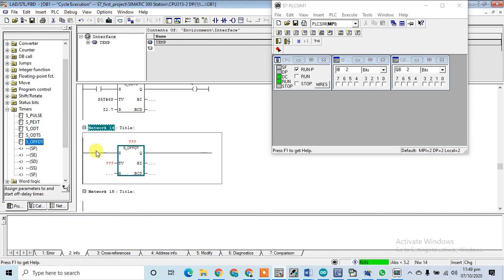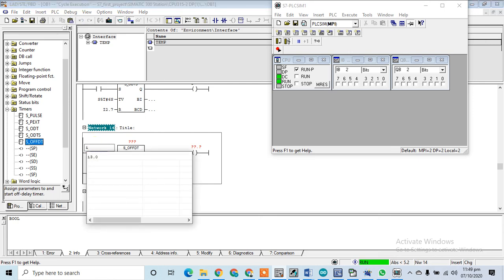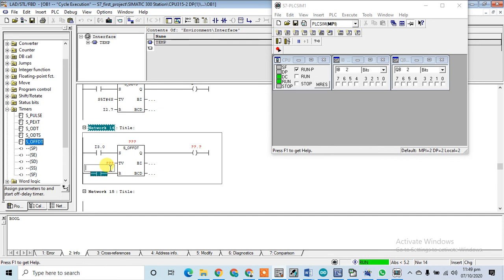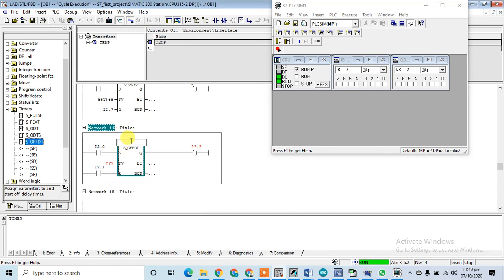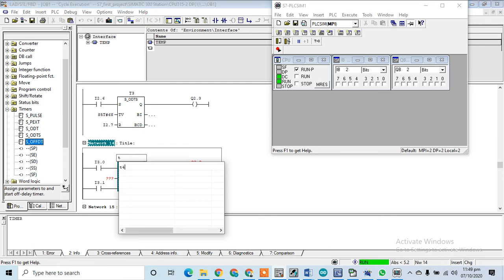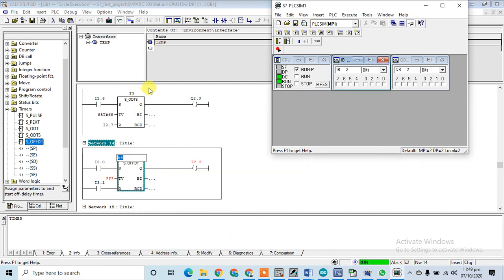Now I am using an off delay timer. That is also a very good timer, very useful. Now I am using an input of I3.0, I3.1, and that can be T4. I cannot repeat the same name of the timers.